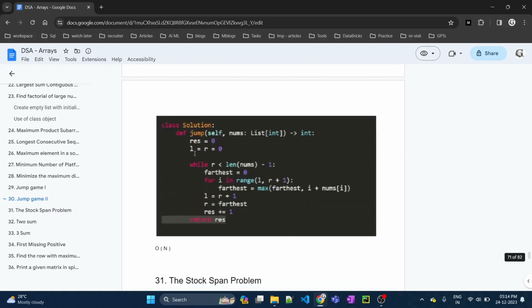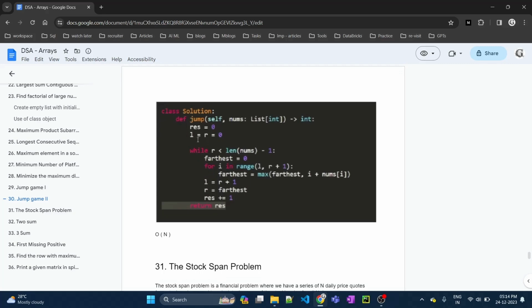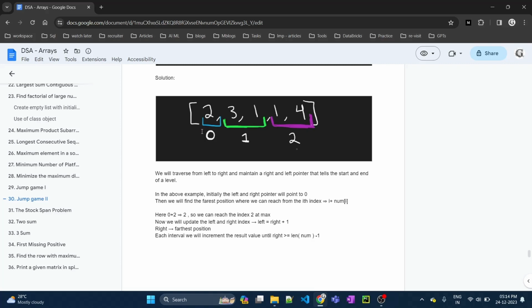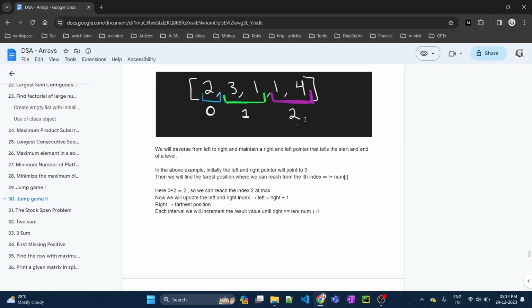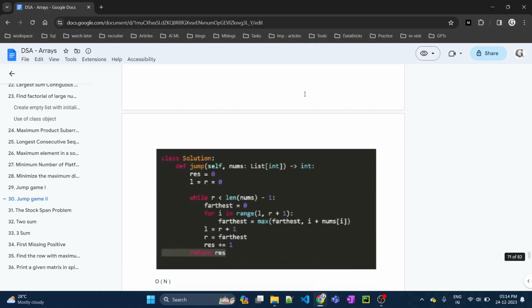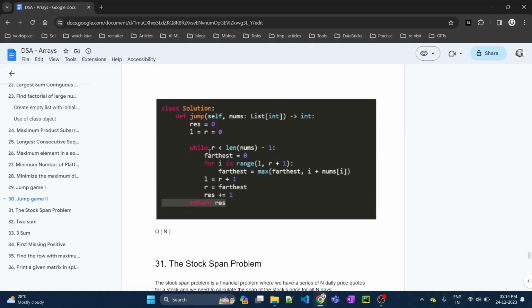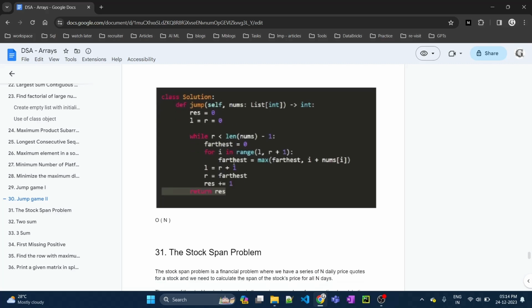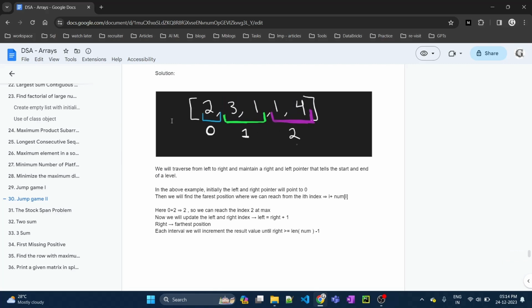Basically we will initialize a result as 0. We'll have 2 pointers, left and right, and we will iterate until our right pointer is less than our target, that is the length of the array minus 1. This will be our left pointer, and here we will have the right pointer. Initially the farthest will be 0, and every time we go left to right, we will iterate in the range of